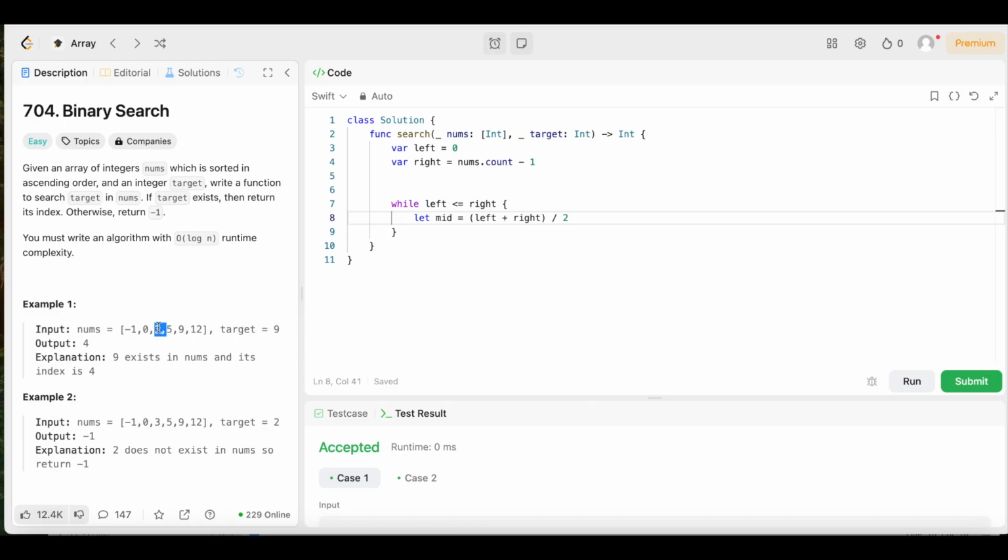So now that we found the middle index, we can either search this side or we can search this side, or if the middle index happened to be the target, which is not in this example, but if it did, then we would just return the target. So the first thing we need to do is find the middle index. After we find the middle index, we can say